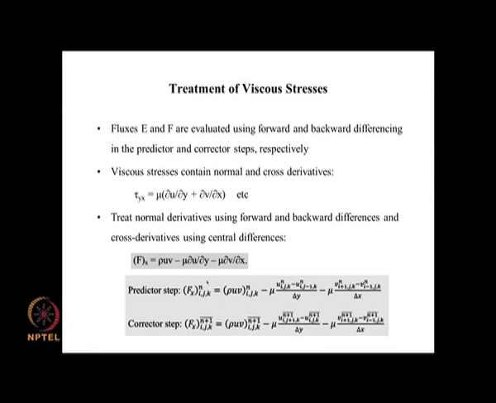So, in the case of a normal derivative, in the predictor step we use i j k minus i j minus 1 k. So, this is backward differencing, and the same term in the corrector step is written as i j plus 1 minus i j. So, this is forward differencing. When you look at how we are evaluating this term in the predictor step and in the corrector step, we see that in one case we make use of backward differencing, the other case we make use of forward differencing. We can use forward differencing here, in which case we have to use backward differencing there.